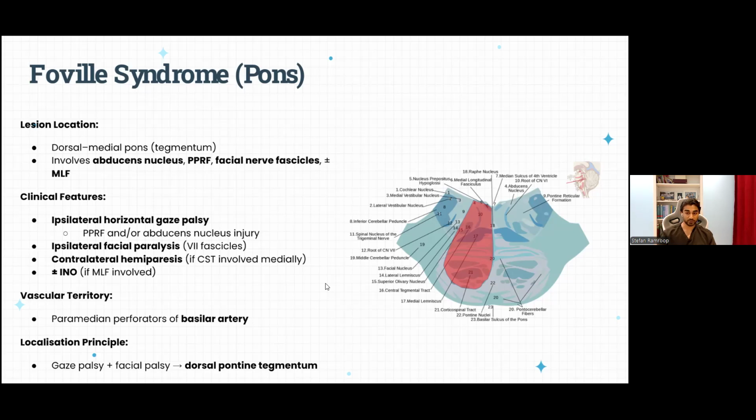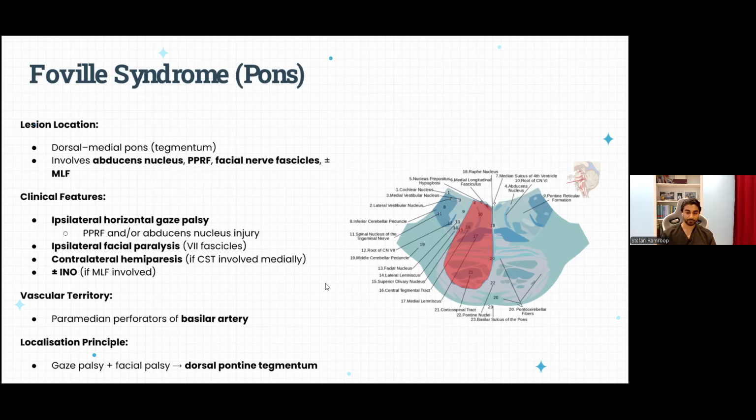to facial colliculus syndrome localization. If the lesion extends medially enough to involve the corticospinal tract, contralateral hemiparesis may be present, though it's not always obligatory in defining it. When the MLF is included, the patient may also demonstrate internuclear ophthalmoplegia, producing a complex but still localizable ocular motor pattern. And here, the vascular supply would be via the paramedian perforators of the basilar artery that supply this dorsal